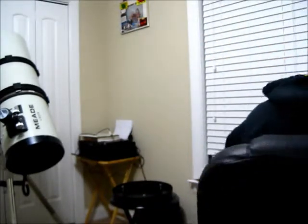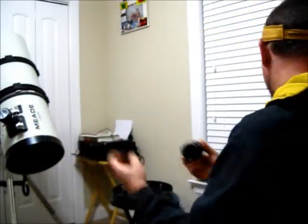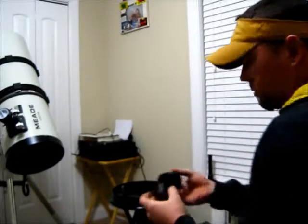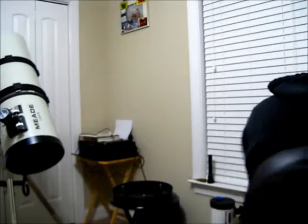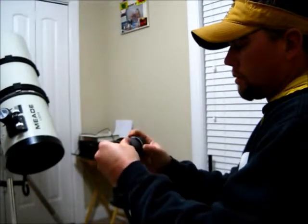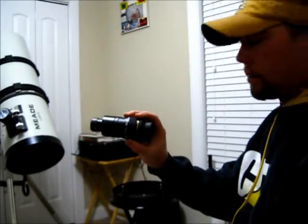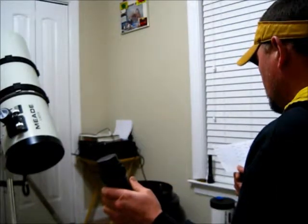In case those of you that haven't seen it, you just screw the set of elements out of the end of it. And I'm going to use the larger one, the 28mm feathering ring. We just screw that onto the nose of it, like that. And then we simply screw the first set of elements in, and now we've got, if my calculations are correct, this should be